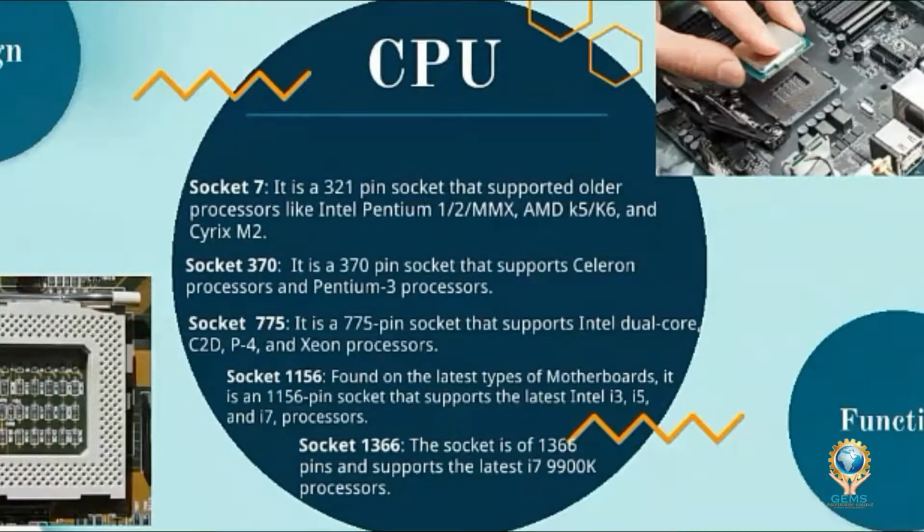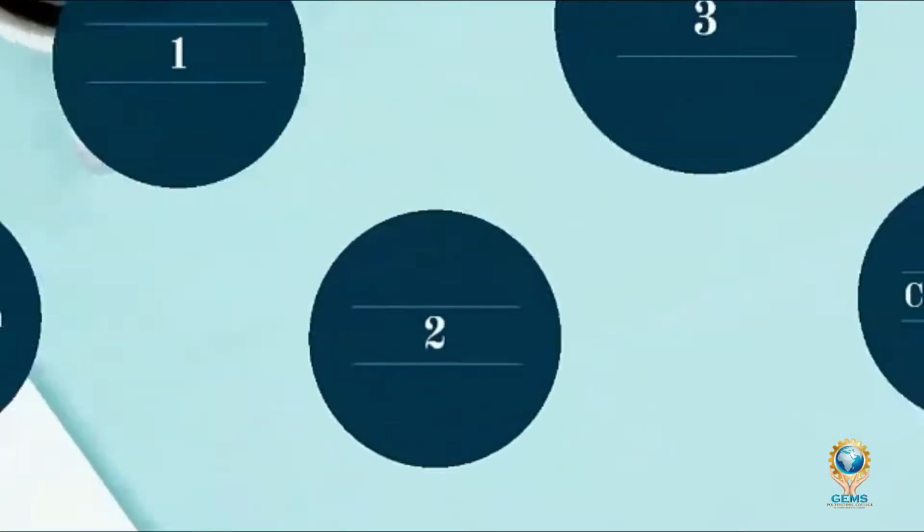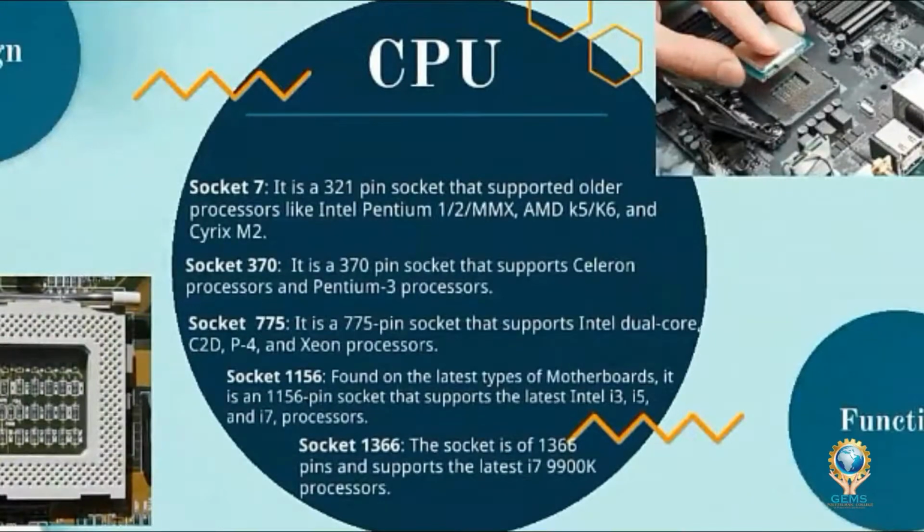And after that, socket 775 came. It has a 775 pin socket that supports Intel dual core processor, Core 2 Duo processor, Pentium 4 processor and Xeon processors. These are the latest processors that came after the Pentium 3 processors. And after the 775 processor socket,